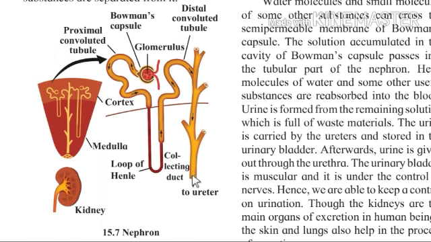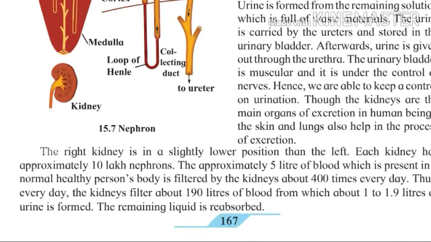The collecting ducts from various parts of the cortex get collected together to form the renal pelvis, and from this renal pelvis the ureter is produced, and from this ureter the urine produced is collected into the urinary bladder, where the urine is temporarily stored, and whenever sufficient pressure is created, it is given out of the body through the process of micturition or urination.